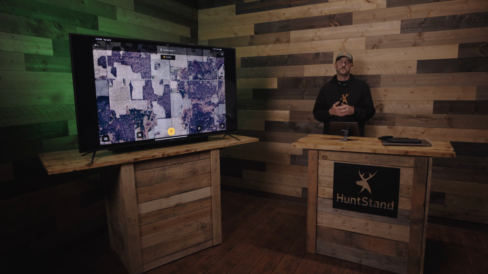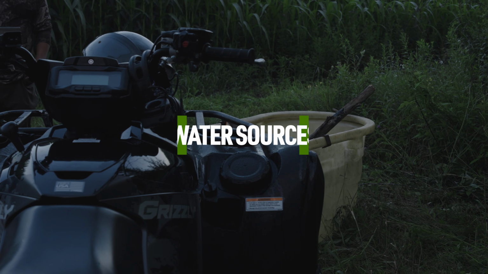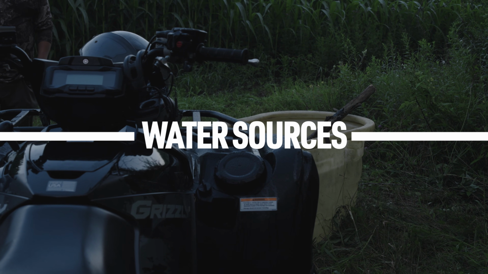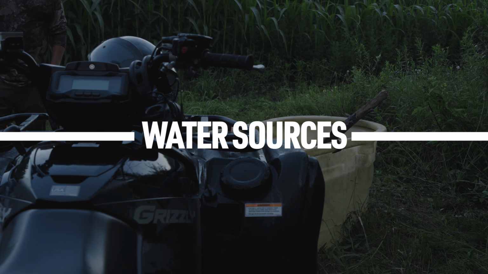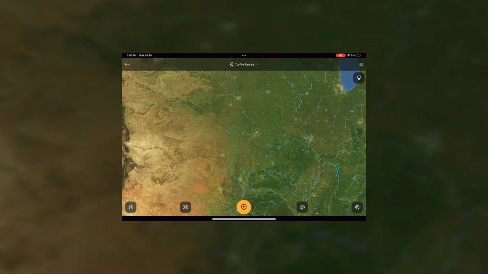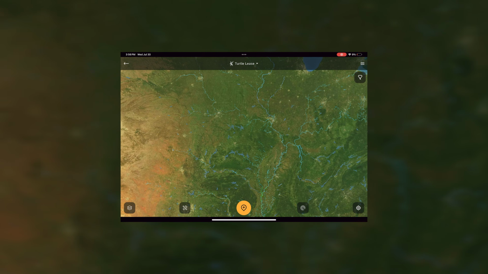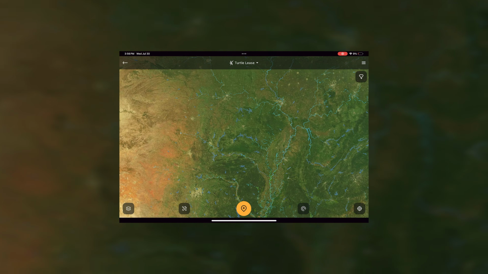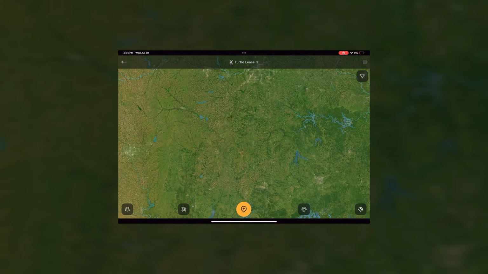Another huge factor that you're going to want to look out for, that can often be the main limiting factor for deer habitat on any given property, no matter where you look in the country, would be water sources. So HuntStand is a great way to identify water sources. We've got a number of different views, aerial imagery and overlays that you can use to find water sources. That gives you a lot of very detailed visibility into where all those water sources are going to be, whether